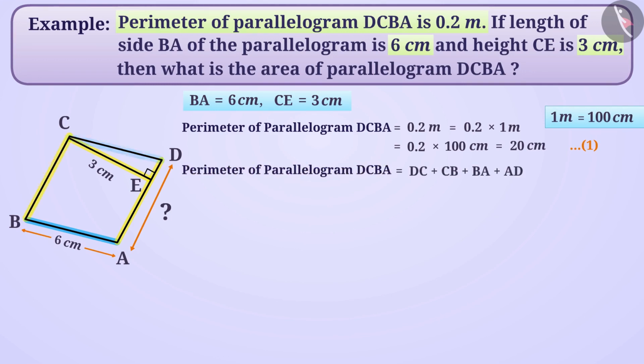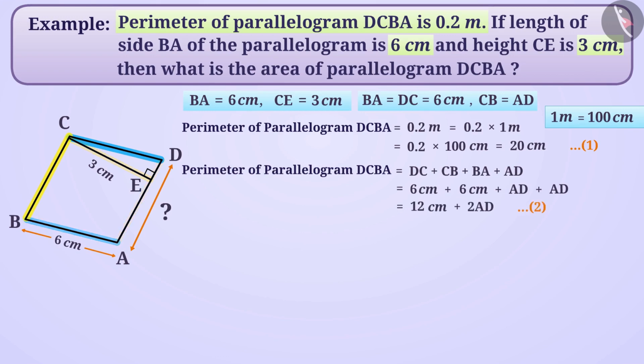In parallelogram, measures of opposite sides are equal. Therefore, here BA is equal to DC is equal to 6 cm and CB is equal to AD. Therefore, perimeter of DCBA is equal to 6 cm plus 6 cm plus AD, is equal to 12 cm plus